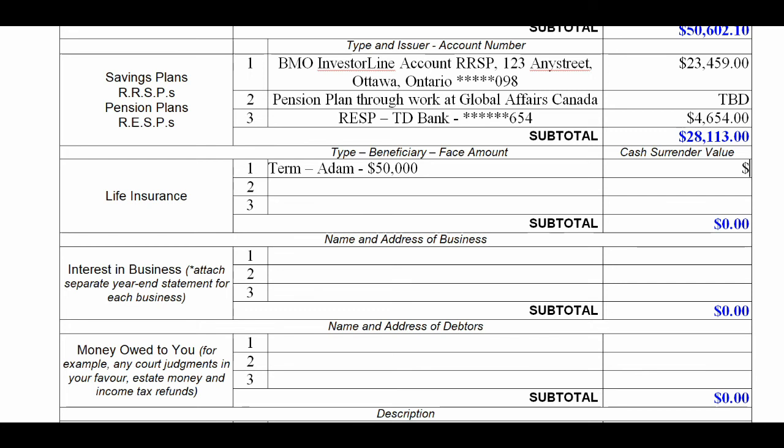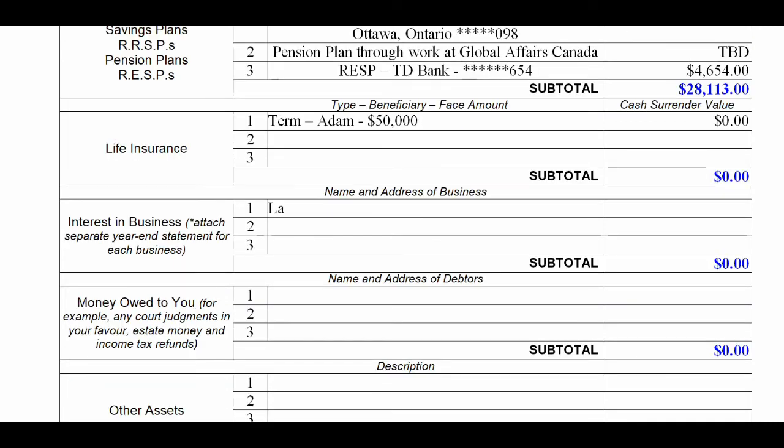If you have any interest in business, you would add that in here. You're going to be adding in the name and the address of the business. Let's assume that this person owns a business and their share is half, and they run it through their home address, and your interest in the business is 50%. These are difficult to value for financial statements. I would encourage you simply to provide the year-end statements to your lawyer and indicate to be determined as the